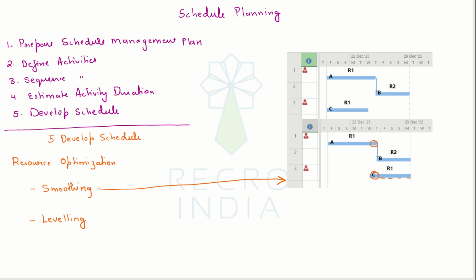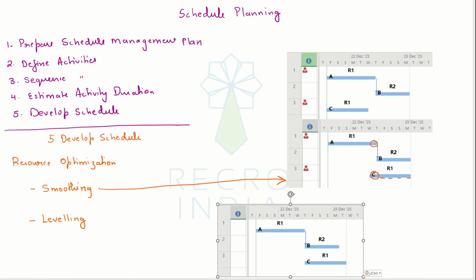In some cases the activities may have enough float that we can consume, and the resource over allocation gets resolved. If that can be done, well and good, nothing like it, because you're still keeping your original timeline. As you can see here, the end date of the project hasn't shifted. And if I can resolve the over allocations without shifting the end date, nothing like it. But of course in many cases that may not be possible, so this is where we have to resort to